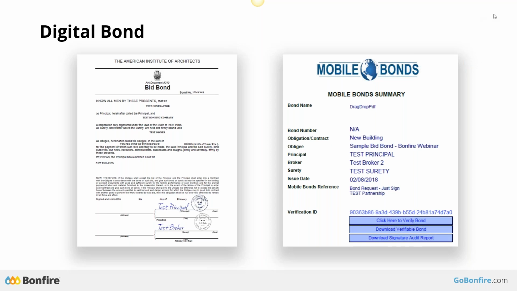Two of them are for the verification piece, and the third one is an audit report that you're able to download, and you can see who signed it, when they signed it, their IP address that they signed it from, and some other details that reinforce and provide the data behind the actual transaction.